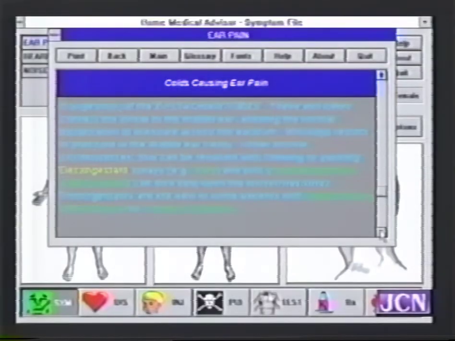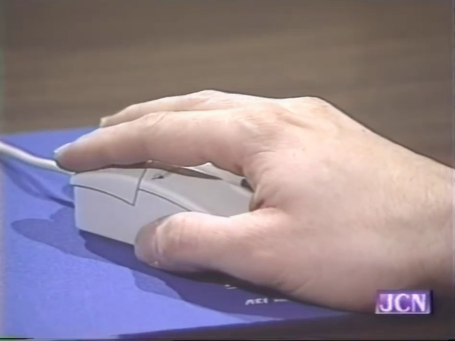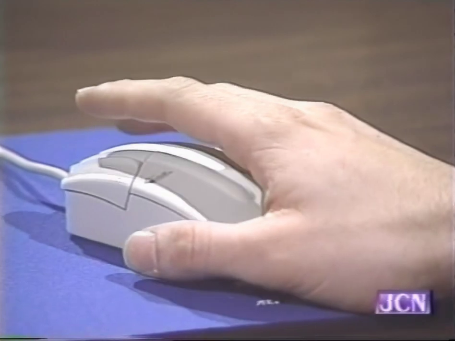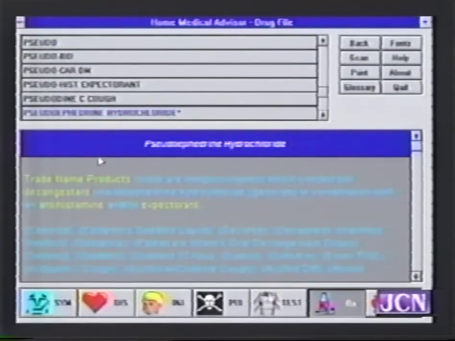As you notice, as we get a little farther, it'll also say that under normal circumstances, this can be resolved with chewing or yawning and/or decongestant sprays. So we can click decongestant. This will tell us a little bit about decongestants and things to think about. That was a yellow lettered word. If we get a green lettered word, this will actually give us some more information on that. For example, pseudoephedrine